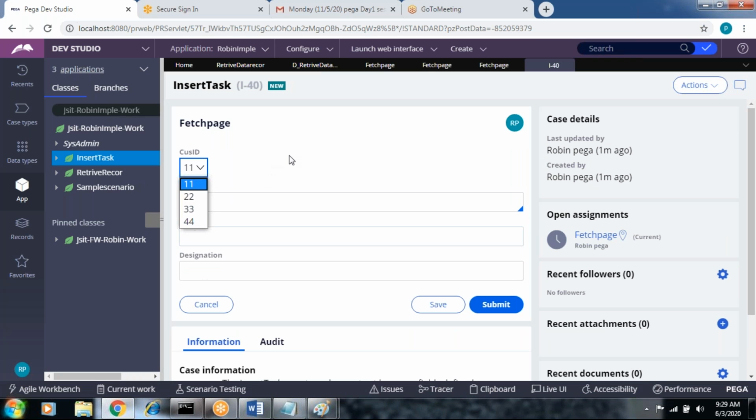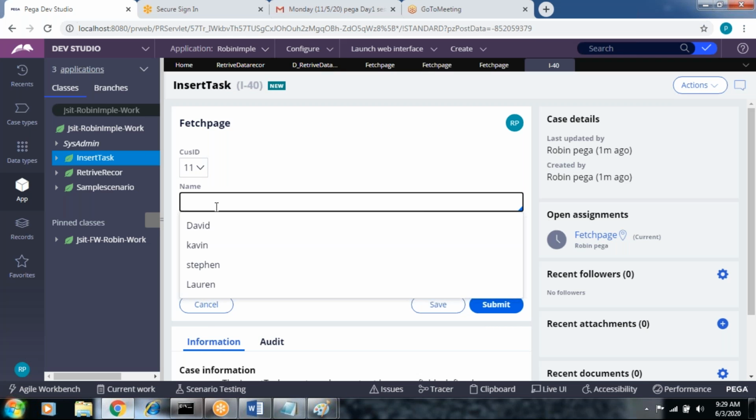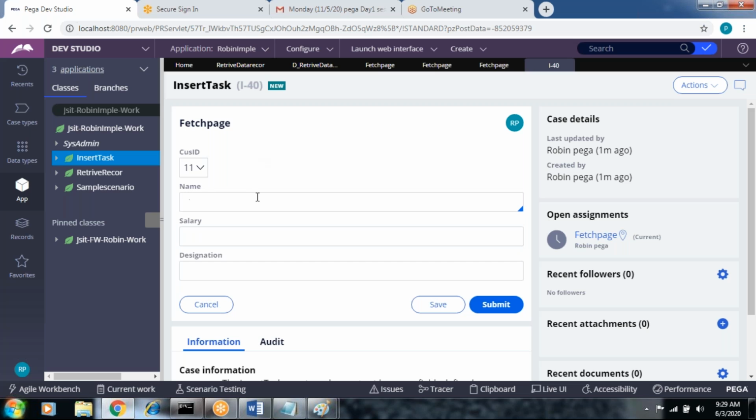Displaying all customer IDs, and then click on down arrow, it will display all, David, Stephen, right? This is for autocomplete. As of now, understand it is a separate font. If you click on A, related words are all highlighted, but in the drop down, it's different. There's a difference between autocomplete and drop down. But when you apply the cascading concept, that time I will tell you the purpose of autocomplete. But this is not a cascading concept. Got it? That's it.